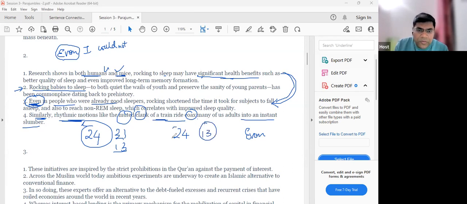The point is that 2, 4, 1, 3 is the right answer. Many people say 1, 3, 2, 4 is also possible. Is this a better choice or is this a better choice? Please tell me. 1, 3, 2, 4, 2, 4, 1, 3. So similarly is not bothering you much now. But still, you are a little far away from the right sequence. Some of you would say 2, 4, 1, 3.